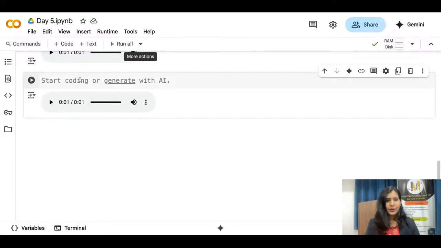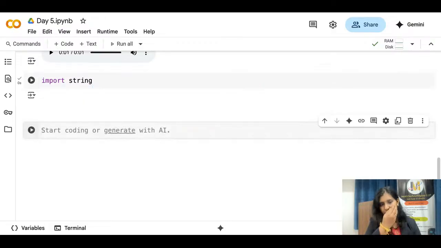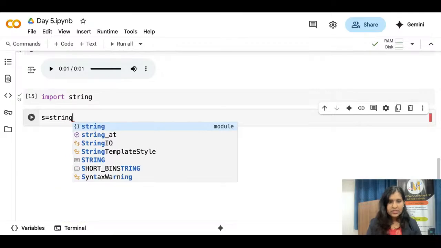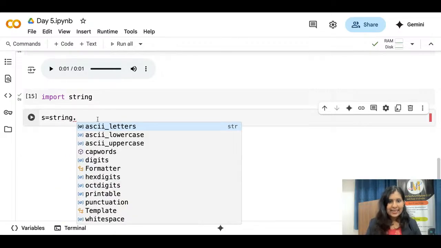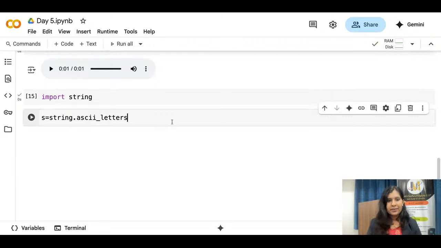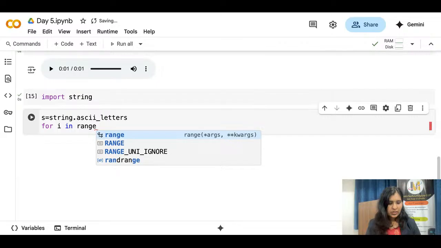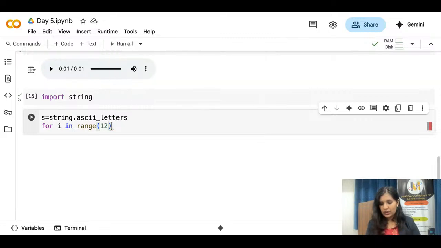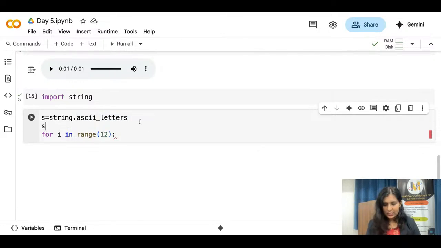Now we'll learn about one more module called string. For that I need to use import string. So what is this import string? Now I'm going to say s is equal to string dot ascii_letters. Now for i in range of 12, here I might want to generate a password. At that time I'm going to say s is equal to single quotes,